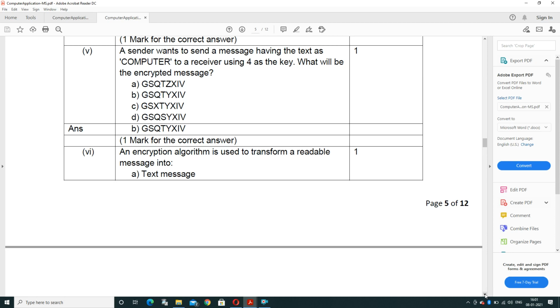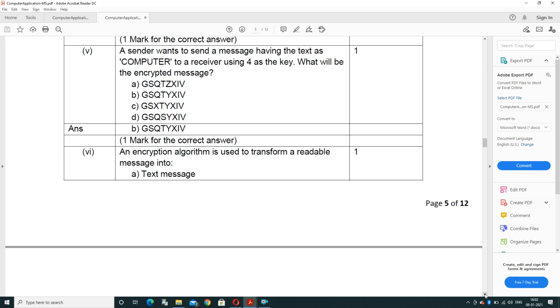Now next is P. After P, after 4: Q, R, S, T. The answer is T. It means the answer is between A and B. G, S, Q, T. Afterward U. After U, the 4 characters will be V, W, X, Y. So the answer will be the second.